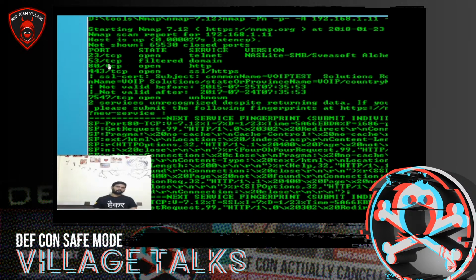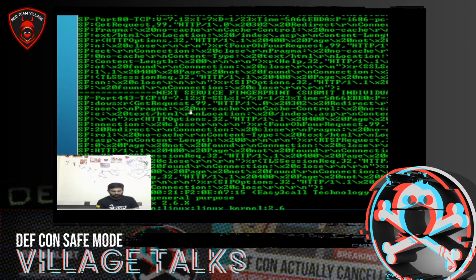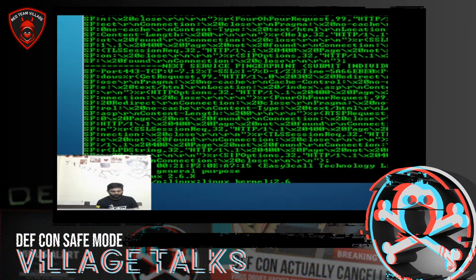Later I came to know that 53 was the UDP DNS port of dnsmasq. It was open on dnsmasq UDP, and port 80 was open. That means the HTTP service is running there, and 443 was open, so SSL was running there. And apart from this, more interesting stuff I found is that this device is running Linux 2.6.x. More precisely,